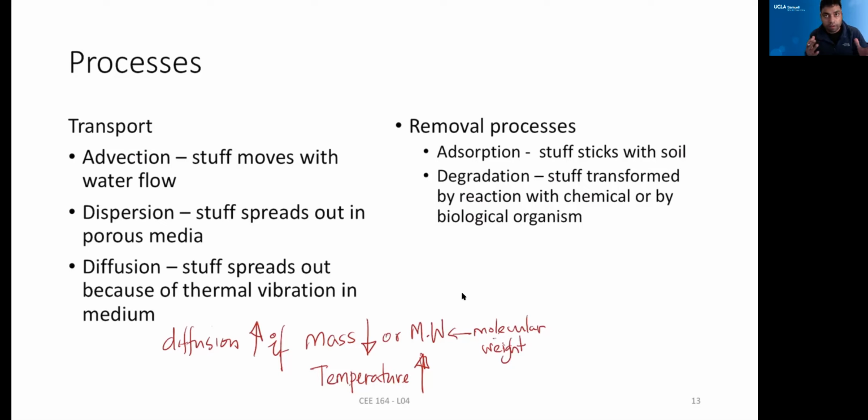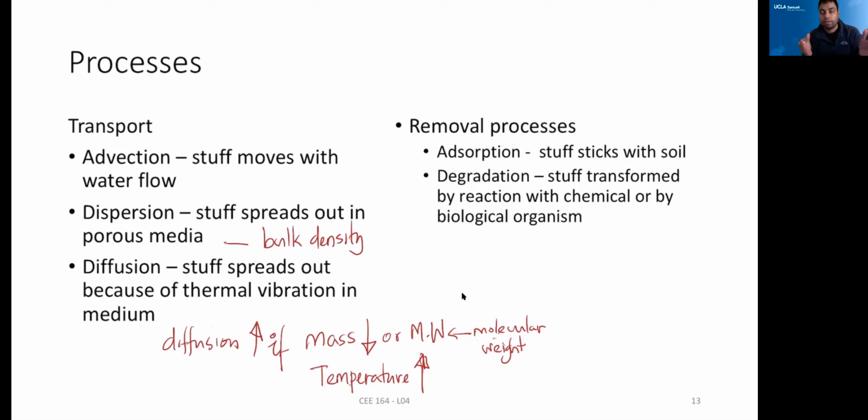Dispersion, again, depends on how many times it's going to hit the wall. That means how porous it is. So if the soil is very porous, it's more likely to flow faster. So dispersion will increase if the media is packed heavily. That means it depends on the bulk density. Bulk density means how close they are packed. Okay, if they are packed completely, let's say pure solid, then our bulk density is